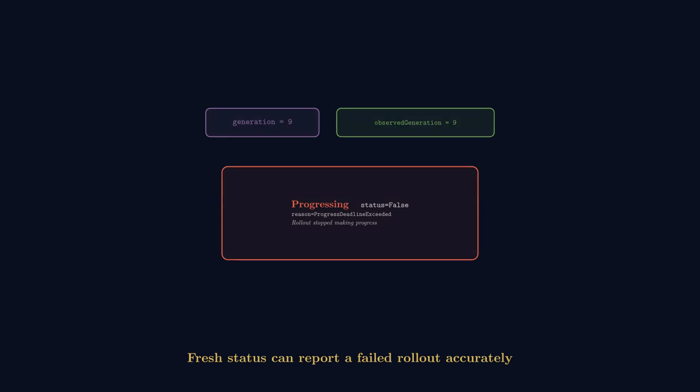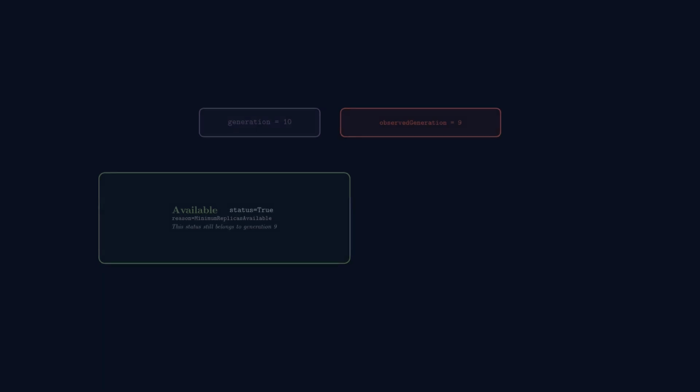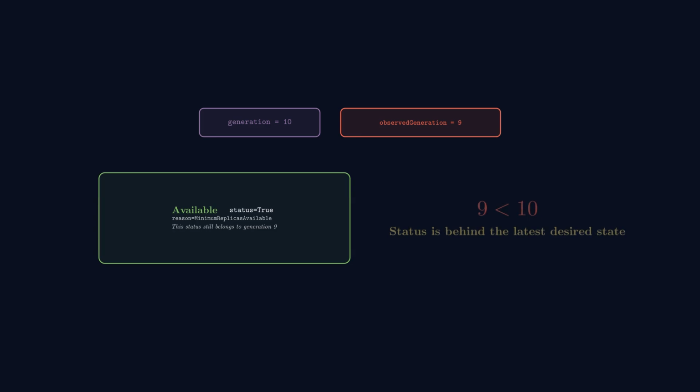Now imagine the user changes the deployment again, so generation becomes 10. But status.observedGeneration is still 9, and the last available condition still says true. If we look only at available equals true, we may assume the latest change is already healthy. But generation 10 with observed generation 9 tells us that the whole deployment status is still from the previous desired